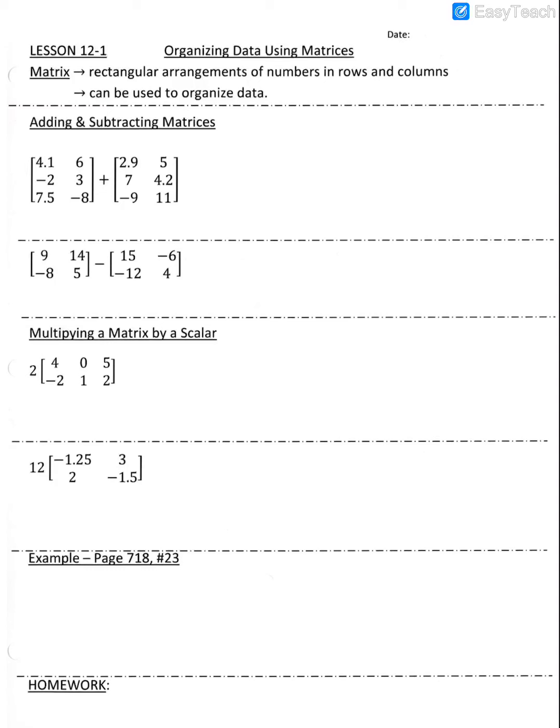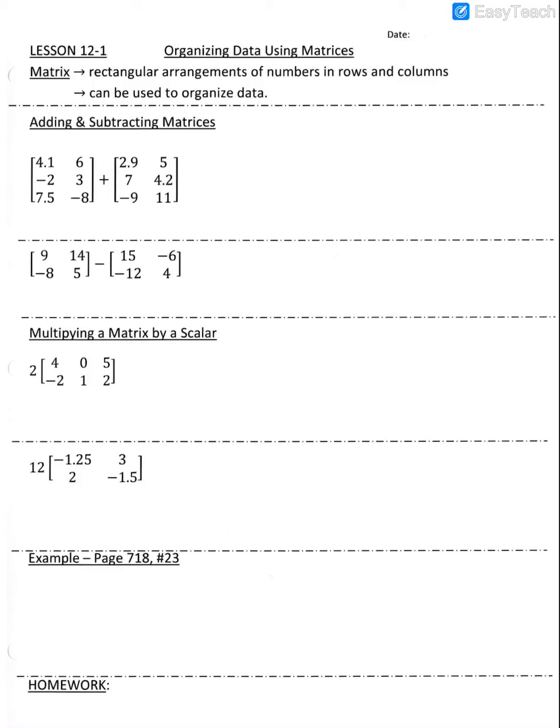Hey guys, so I have opted to stop chapter 11 and move on to chapter 12 just because I want to cover a little bit of this with you before the end of the school year, and we only have a few weeks left. So we're going to start chapter 12 today, and it's all about data. It's going to be completely different than the other stuff that we've been covering, and I think overall you guys are going to really like it, and hopefully it's a little bit easier for you guys to learn remotely,